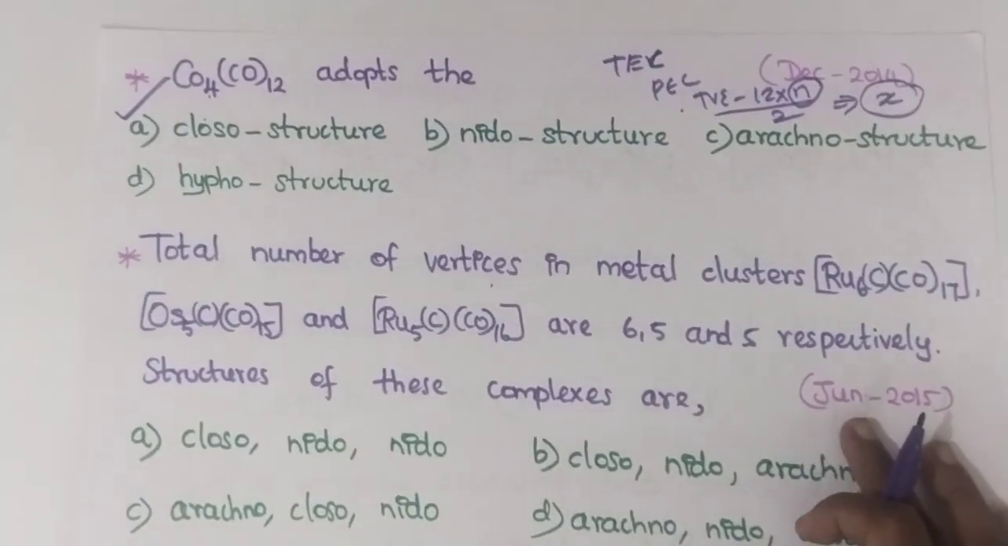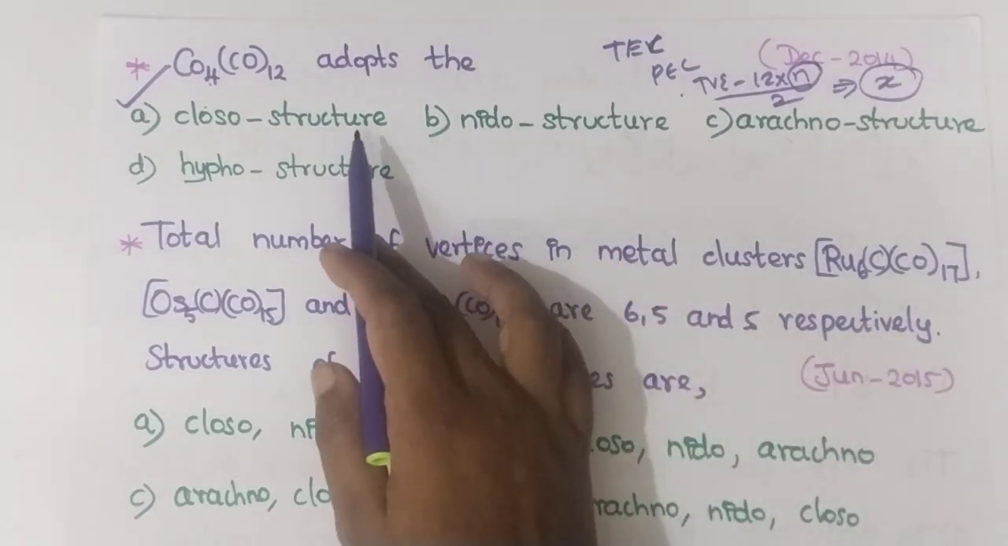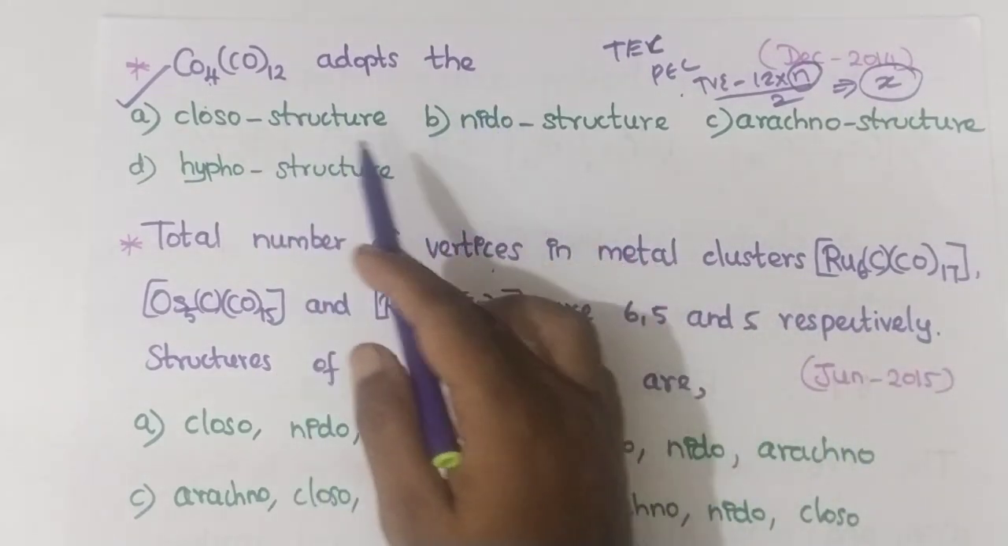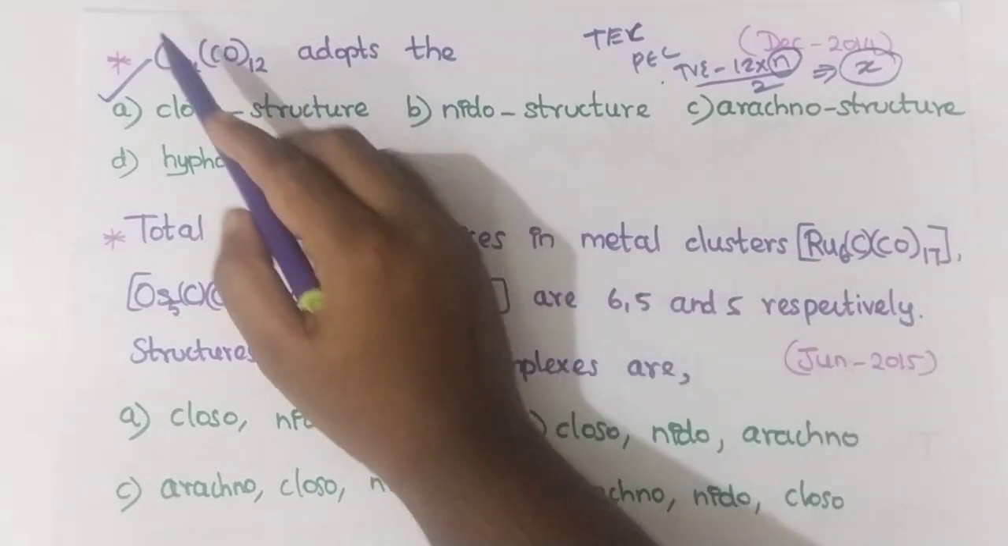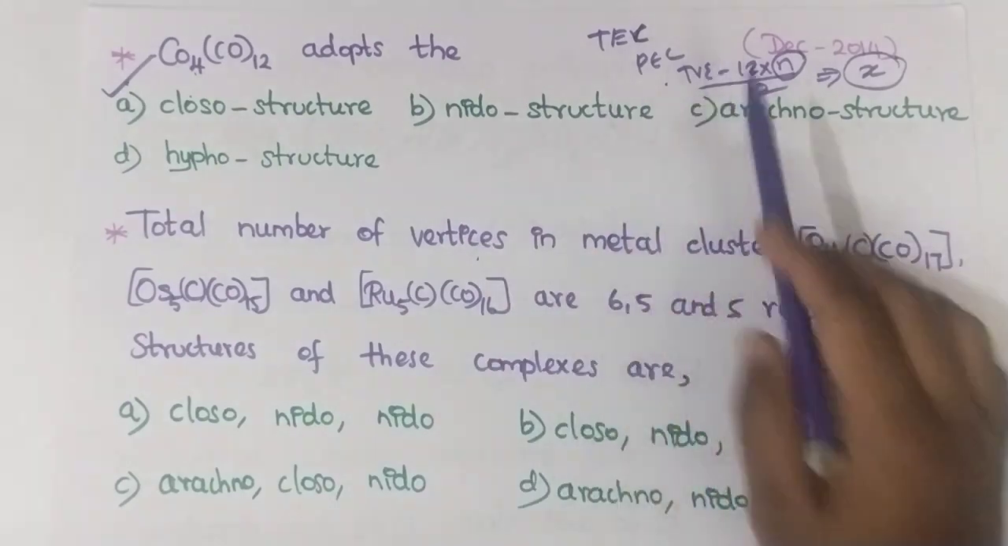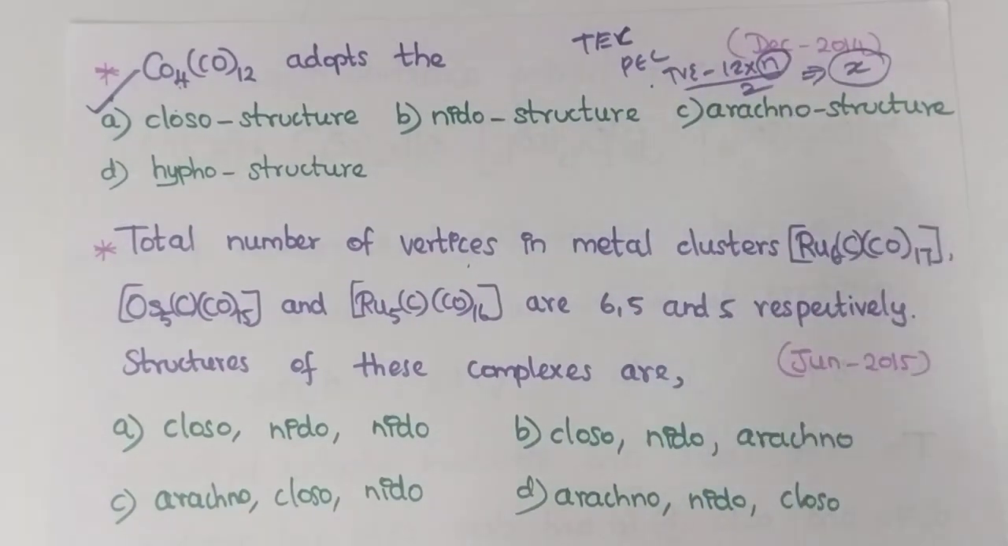Now the third question is for you. This question is a very simple one. You have to find out the structure and share your answer in the comment section for this question, right? So what you should do, you have to find out the total electron count first of all, then